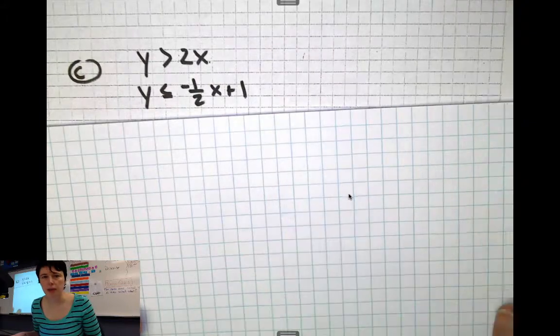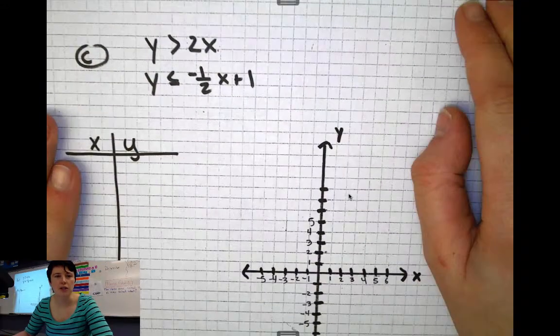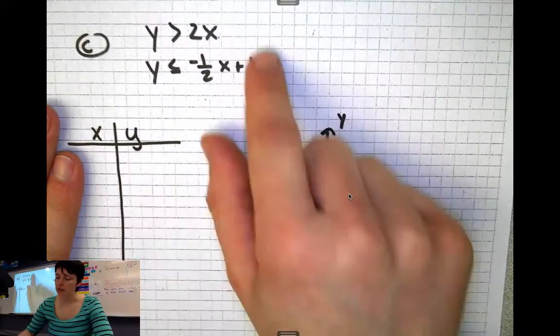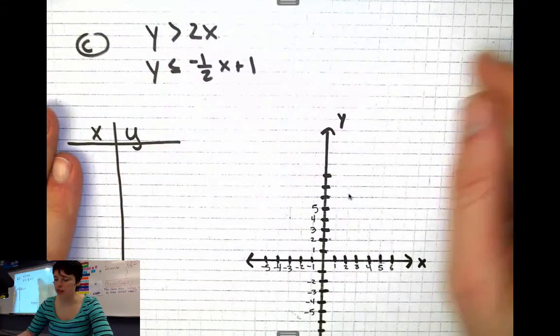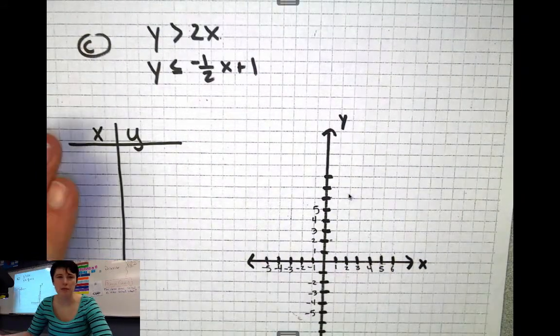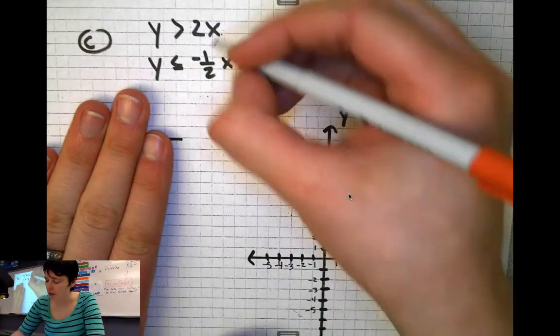Okay, so you've unpaused the video now, and I want to make a point about this one. On the last 2 problems, I kept wanting to make a table, and I like using a table. But with these, I really don't need a table with these 2 equations because I know they're just straight lines. I see them as y equals mx plus b. So I'm actually going to skip the table, and I'm just going to say, you know what, this is like